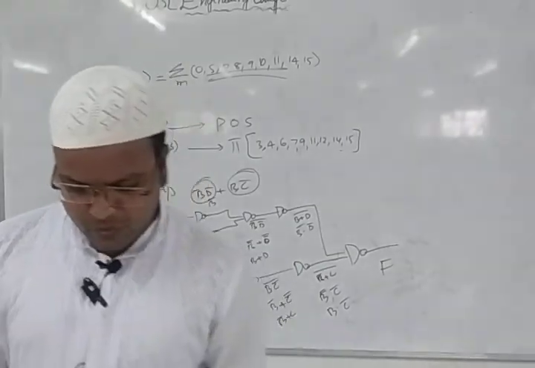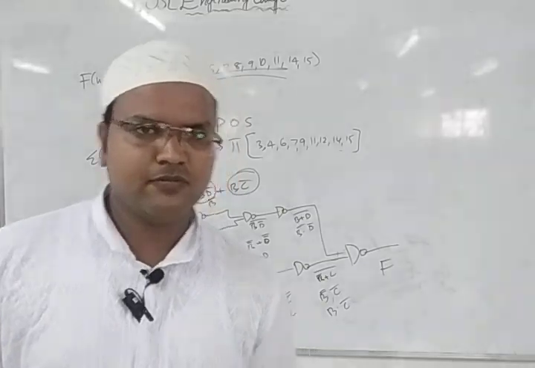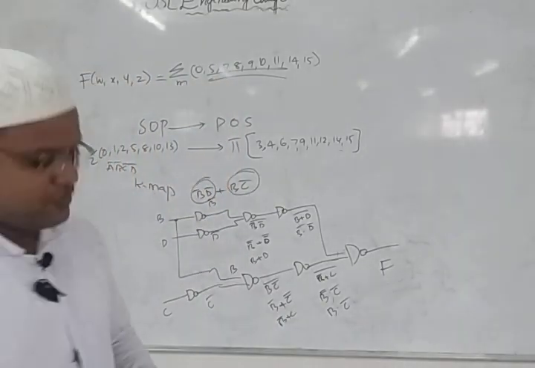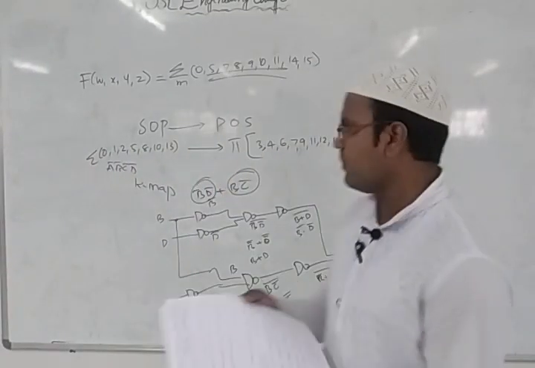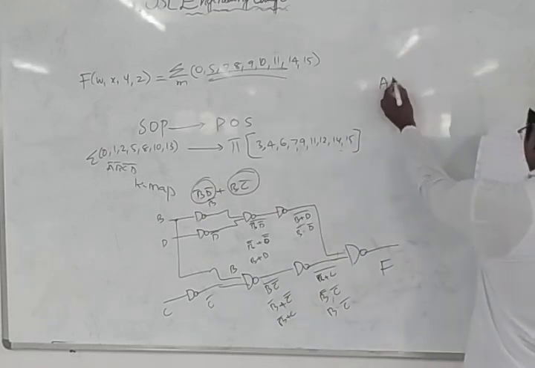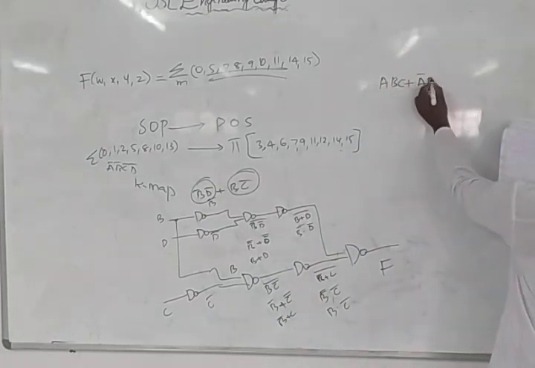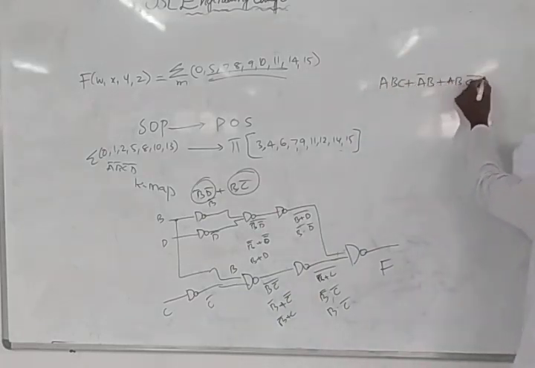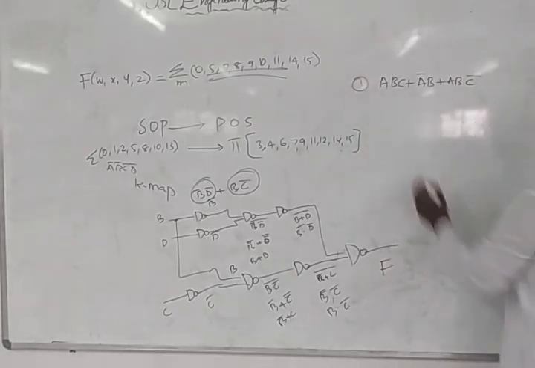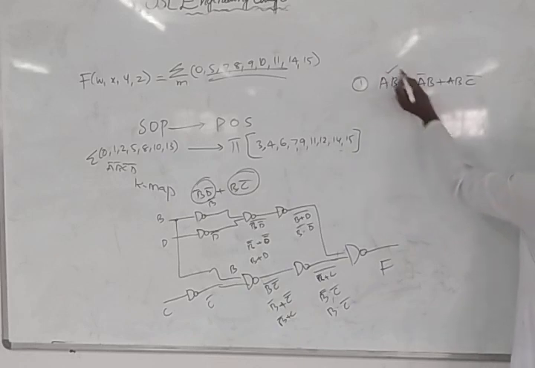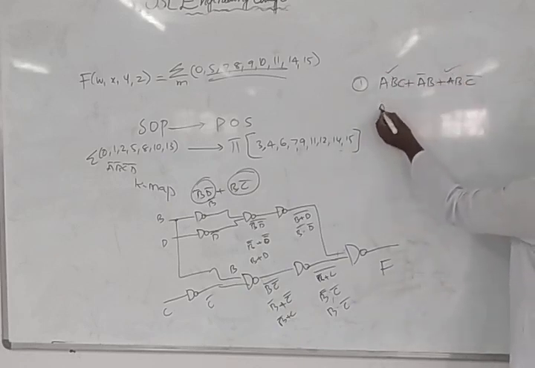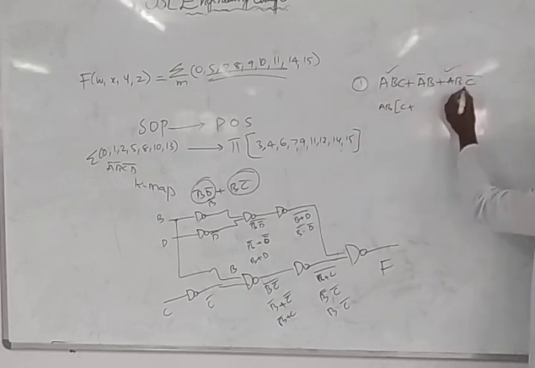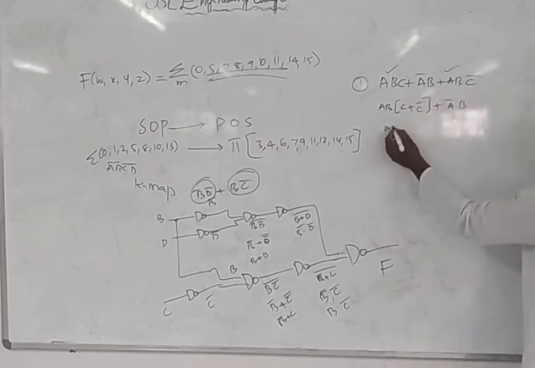Similarly, simplify the Boolean expression to the minimum number of literals. They gave 4 Boolean functions. Likewise we have A, B, C plus A complement B plus A, B, C complement. We have to simplify this using the minimum number of literals. I can take A, B common. If I take A, B common, what is left is C plus C complement. A complement B is as it is. C plus C complement is 1.